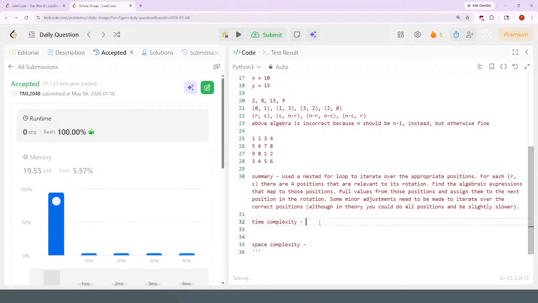Time complexity, this is going to be O of n squared, since you need to iterate over all the starting positions of the rotation. But that's pretty obvious. You need to at least do every position once. Space complexity is O of 1. So next